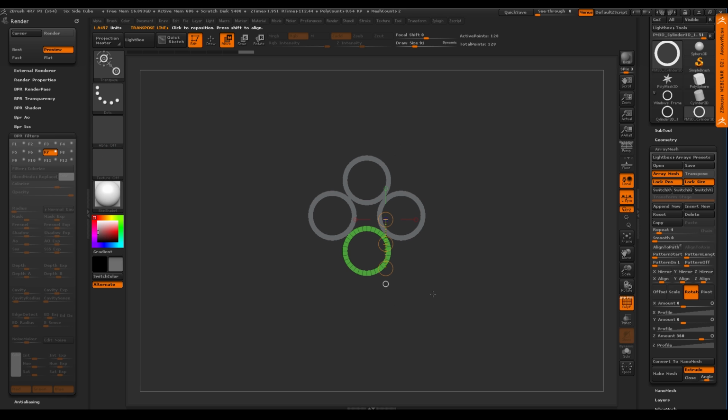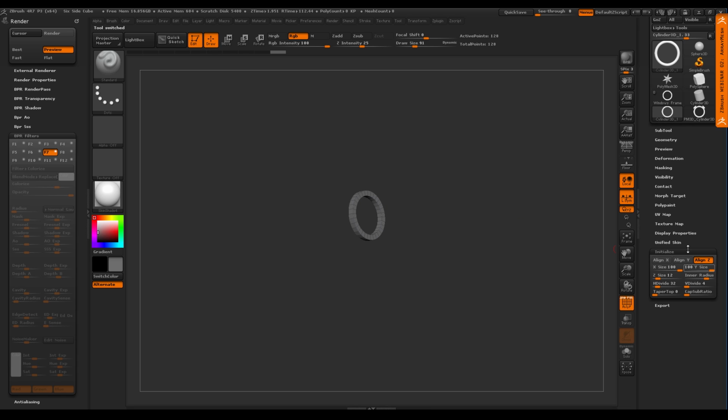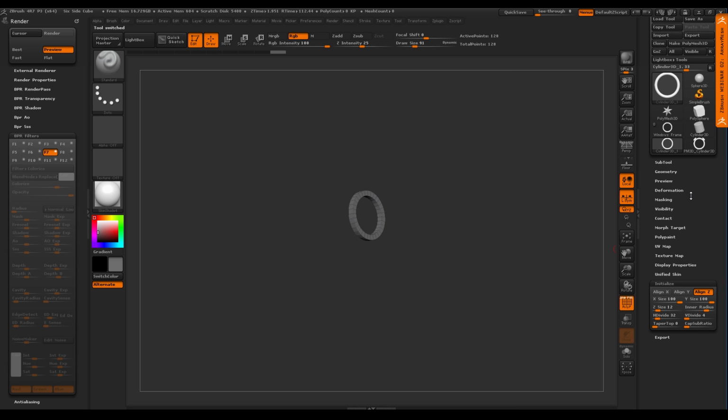That's good enough. Right? So now the next part is I'm going to go back to my original cylinder here, which again is the primitive, right? Or I like to say the mathematical cylinder. And you can see we have it here. And what I'm going to do now is double this number. I'm going to double it to 64.